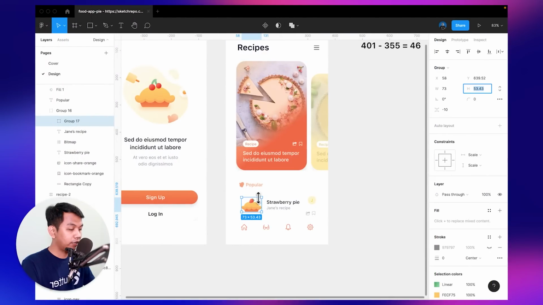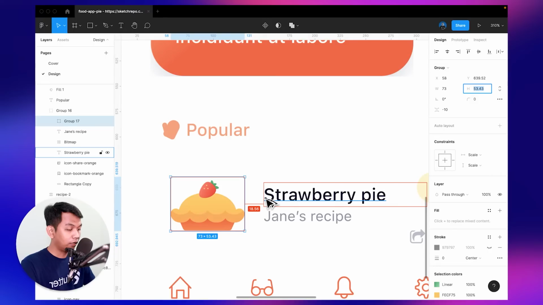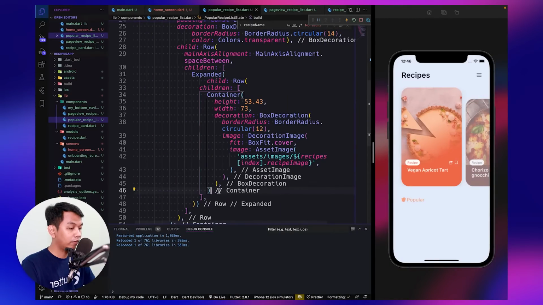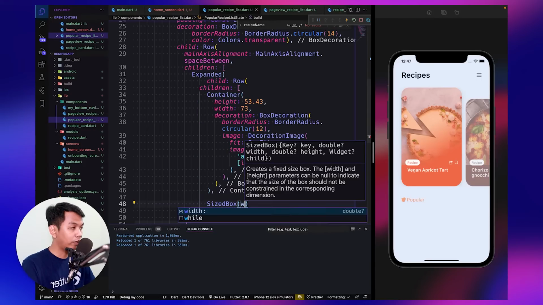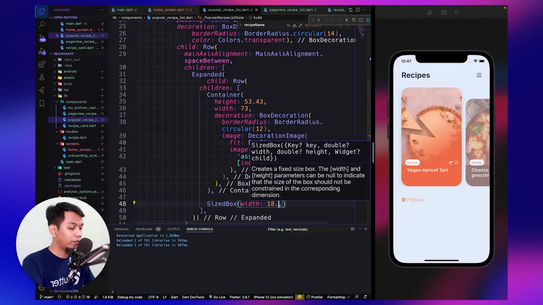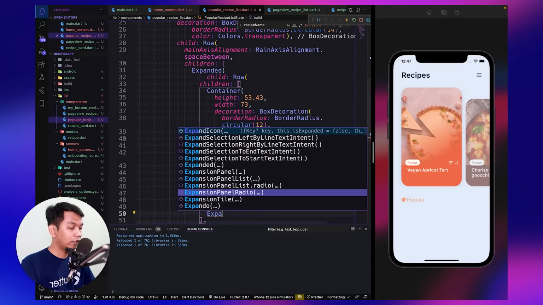And we have finished the first one, and we need to add a little padding, 18.56. So below the container, we add a size box with the width 18.56. And the next is expanded again.